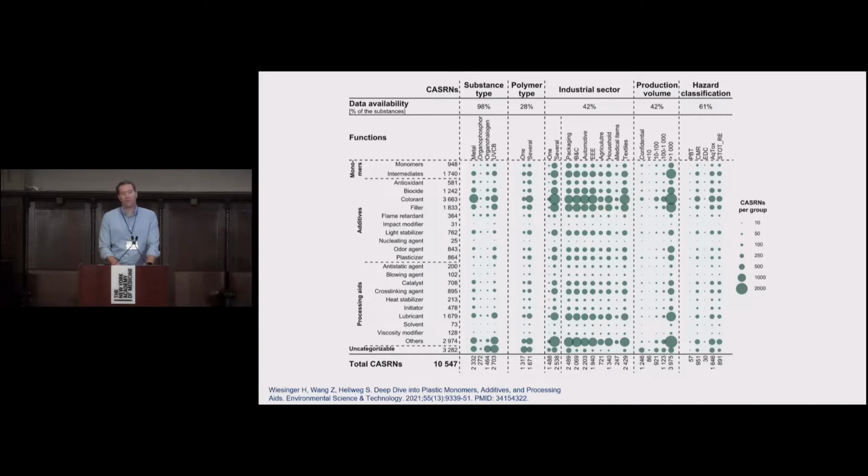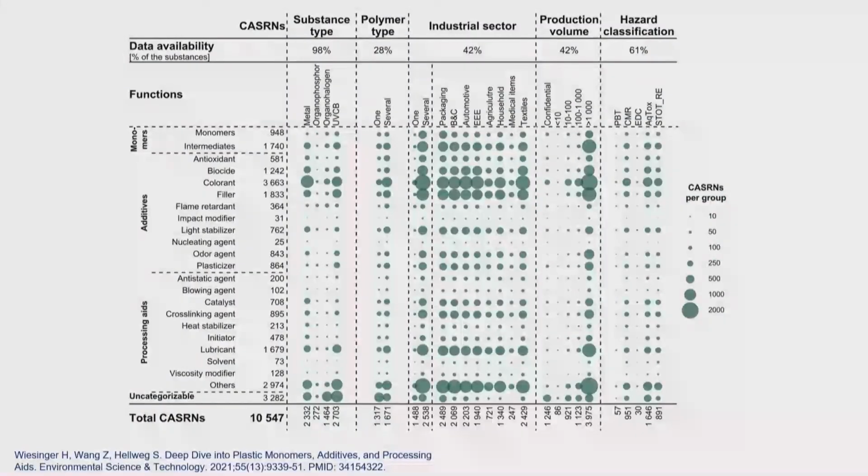They do not account for any transformation products that may be created or may occur during both the manufacturing process or during transport or uptake into biological systems, as well as, it's important to recognize that this is just for plastics. So if you can imagine extending these to all the different chemical industries and commercial industries, there's a tremendous challenge in being able to characterize exposures on the scale that they're occurring to us.